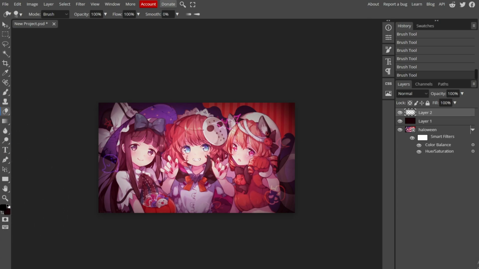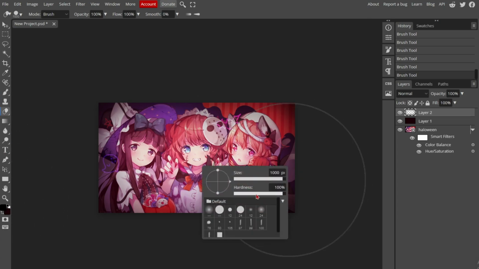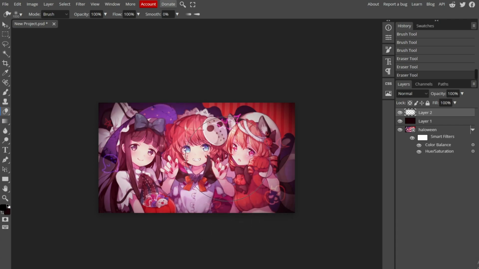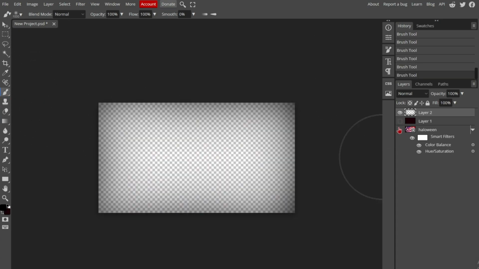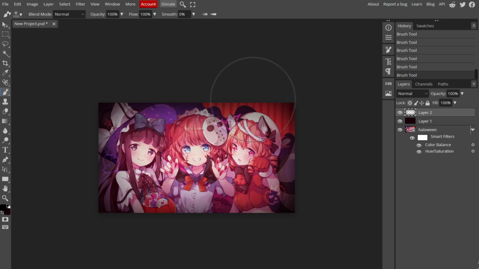You can go to the eraser, and you can put the size to max, hardness to 0, and then you can do that. And also you can Control Z too. So yeah, you're just going to want to dot the outsides, and you can use the eye to help you if you just want to look at what you're doing on a blank background. And then here you go, you've got a dark outline, and now you're going to want to make another layer,